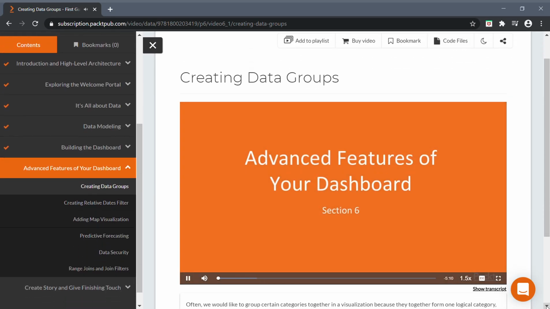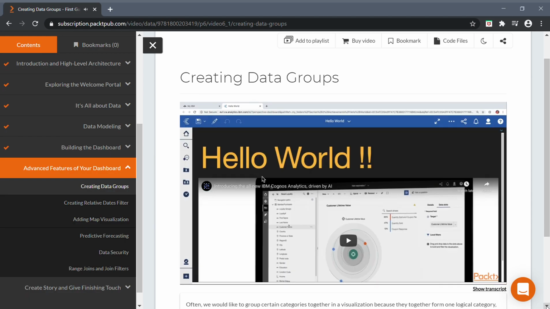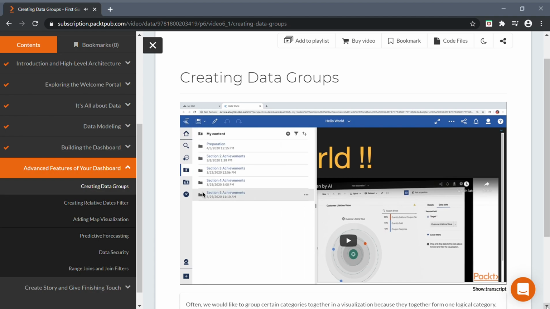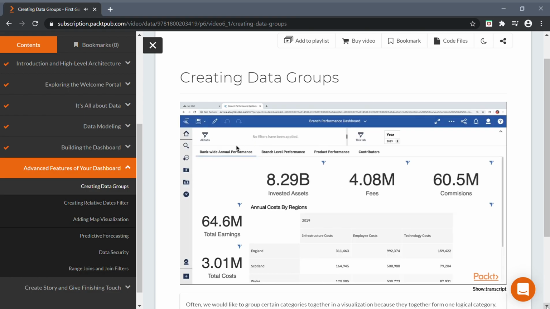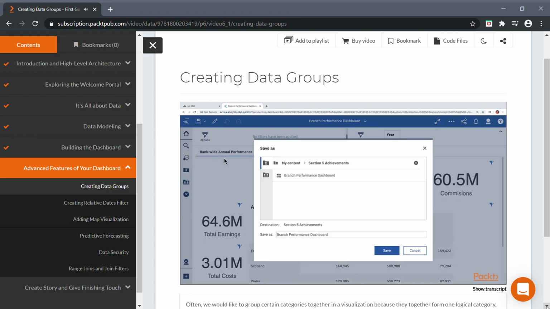Section 6. Advanced Features for Data Module and Dashboard. Creating Data Groups. Before we begin, I would like you to open My Contents and create a new folder here and call it Section 6 Achievements. Once the folder is created, please open Section 5 Achievements and open the dashboard that we were working on in the previous section. And now click on the Save As option, and let's make a copy in the Section 6 Achievements folder